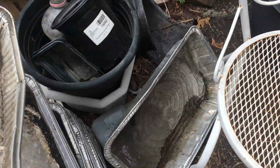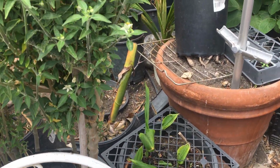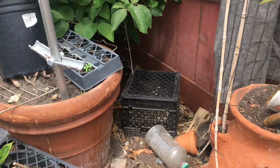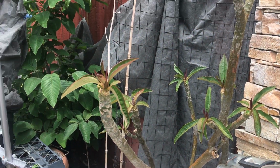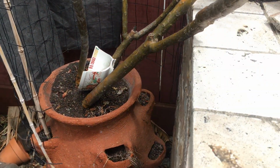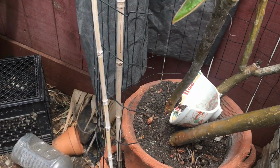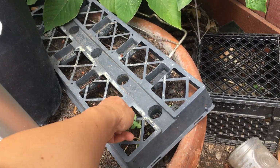Okay, so this is gonna show you the Palmera. It's been out there all winter long. So it's a bit shriveled, but it's okay. So here is this